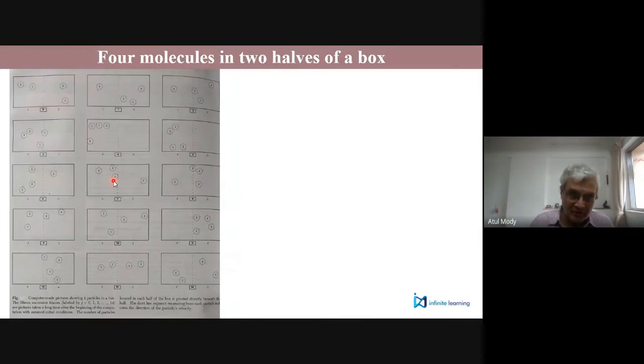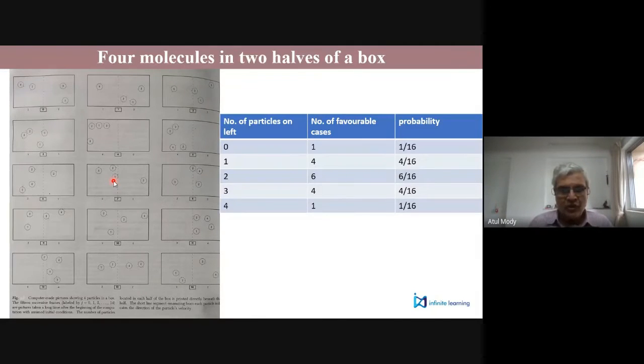We start with 4 molecules and see what the possibilities are, how these molecules bounce back and forth and arrange themselves in the box, hypothetically left half and right half. Then you know that you have 16 possibilities, of course the picture shows you 15 possibilities. But with 16 possibilities, you have either the left half completely empty, or it can have 1 molecule or 2 or 3 or 4, and then you can see that the most likely you are going to see 2 molecules on the left and 2 on the right. 6 out of 16 possibilities.